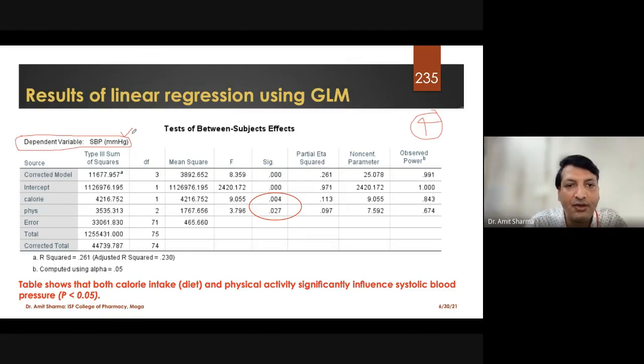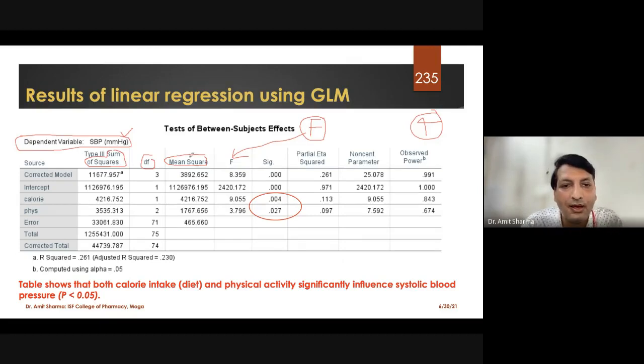Whatever results you find in the test of between subject effect, you have to write like an ANOVA, because you have got an F value, a degree of freedom, a mean square, and an SS, the sum of squares.